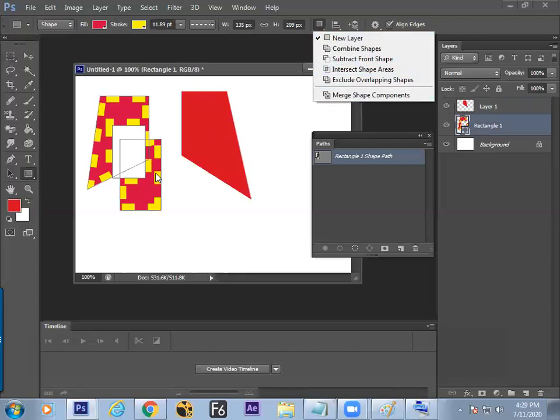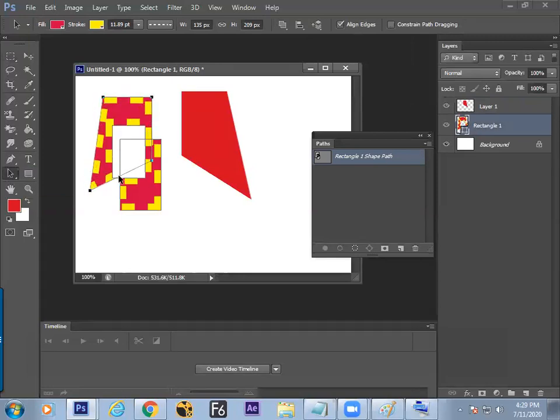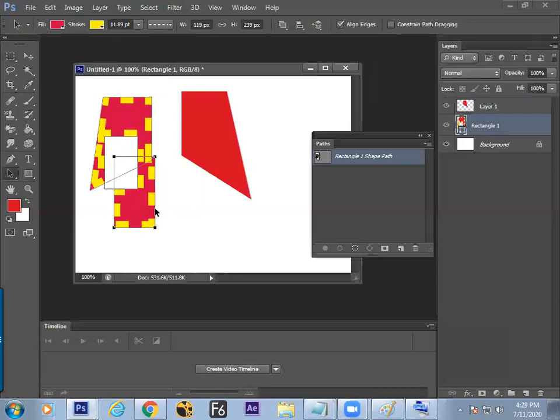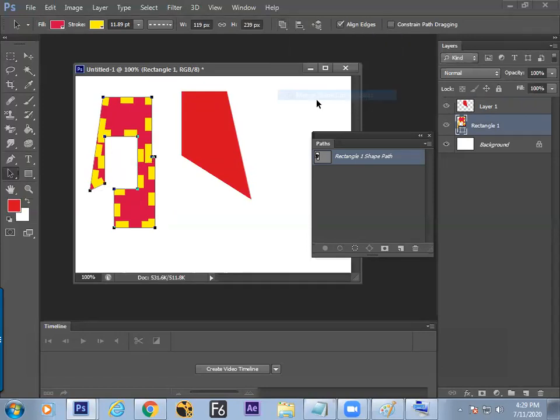Only then will it turn into a single shape, or else, till that time, we can move the shapes wherever we want, in whichever position we want. You can get it modified as per your requirement. But once you feel yes, everything is okay, then you can select all the shapes and switch to the option called merge shape components. Then the whole structure turns into a single structure.